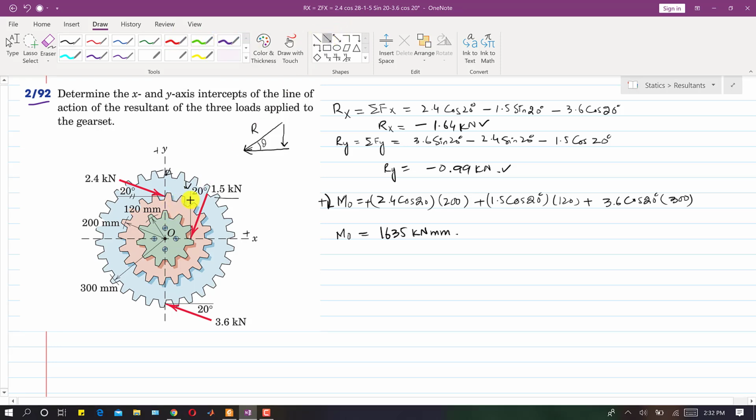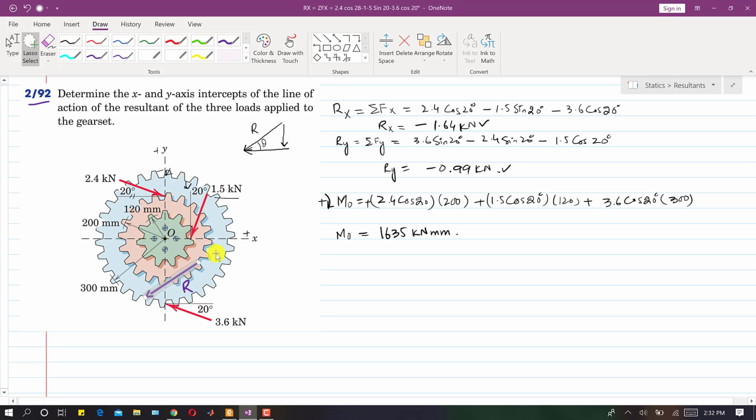and it should produce this moment, and this is positive, so this moment is clockwise, right? So it should produce a clockwise moment. In order to produce a clockwise moment, this force needs to be somewhere here. If this is the resultant force, it will produce a clockwise moment here, right? If I place this force above point O, then it will produce a counterclockwise moment, so the accurate position is below point O, right? So this is point O.